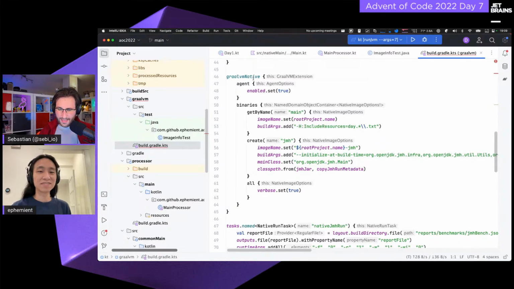So the agent in this case helps you avoid having to manually specify which calls are accessed reflectively, like you would have to do with R8 and those kinds of precompilers? Yeah. There are still some exceptions I have to put in here because reasons.